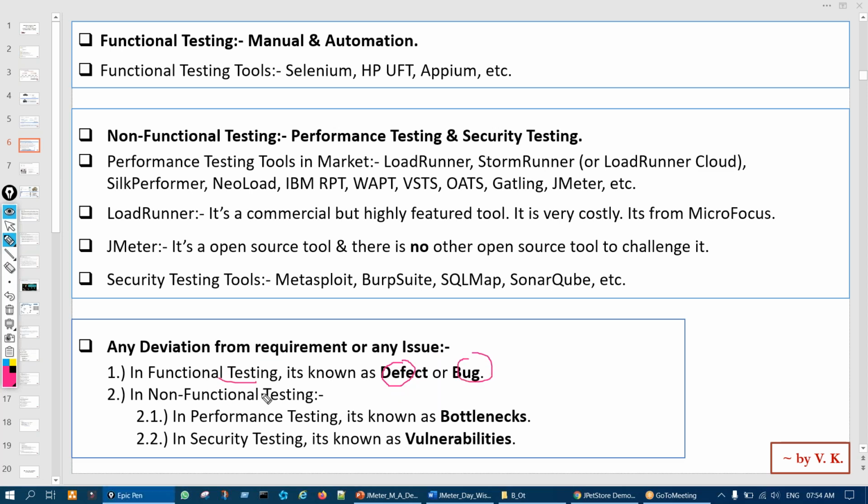But in non-functional testing, in performance testing, that deviation from the requirement or any issue is known as a bottleneck. There is a special term called bottlenecks. And in security testing, those defects or issues are known as vulnerabilities.